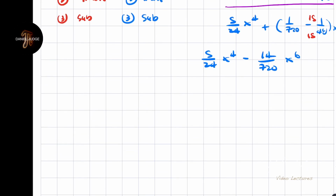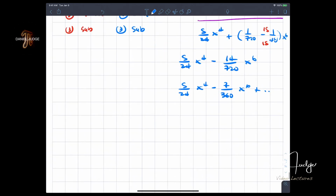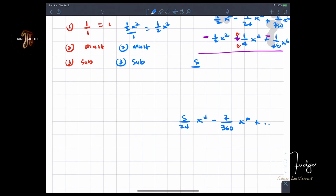Yes. And then you can simplify this. 5 over 24, x to the 4th minus 2 goes into 14 7 times, and that's 360, x to the 6th, and this is plus. Okay. All right. Just want to make sure there we go. Now you might say, well, what is all this? This is just the arithmetic that we get when we subtract. Okay. So if I can move all these terms up here, I would. Maybe I will. 5 over 24, x to the 4th minus 7 over 360, x to the 6th plus,